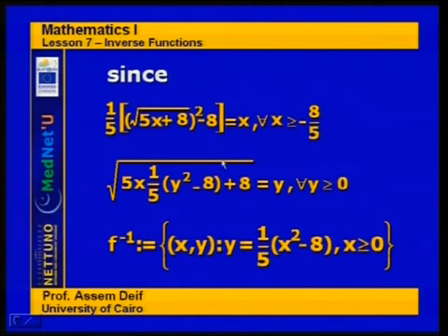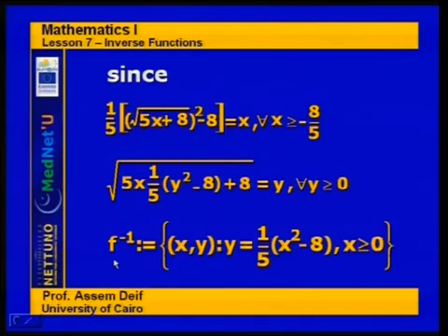While if you take the square root of this expression, in other words, if you consider f of f⁻¹(y), where f⁻¹(y) is (1/5)(y² − 8), you remember, then f(f⁻¹(y)) is equal to y for all y lying in the range of f, which is all values of y greater than or equal to 0. And therefore, since this is satisfied, we have checked the inverse function